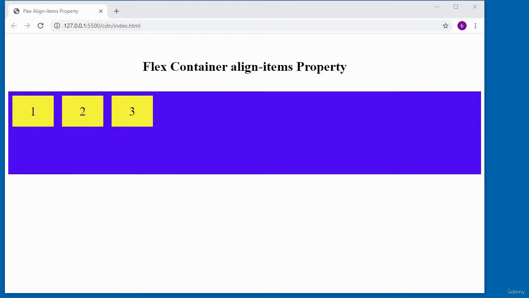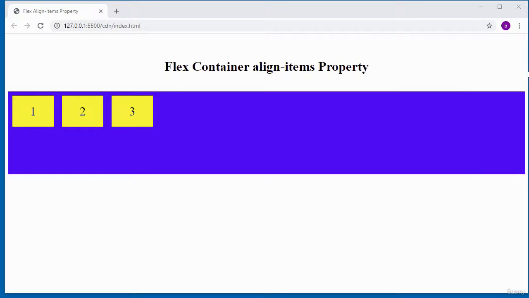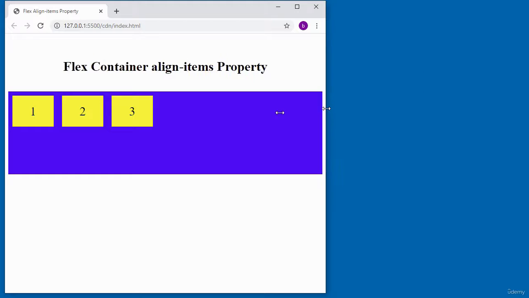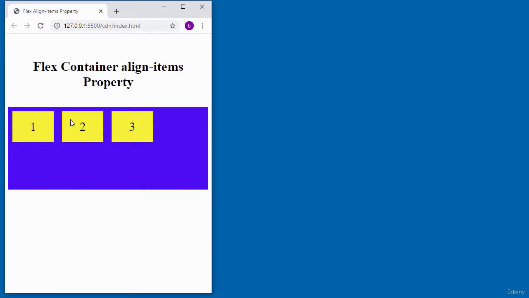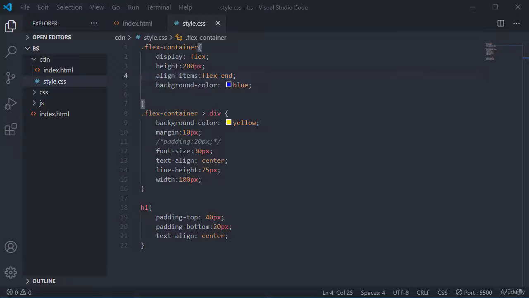If we take a look at the Flex items in the container, we can see they have been aligned at the top of the container. So even if I resize the browser window, you can see the alignment is still at the top of the container. We can also align the Flex items to appear at the bottom of the container by using the flex-end